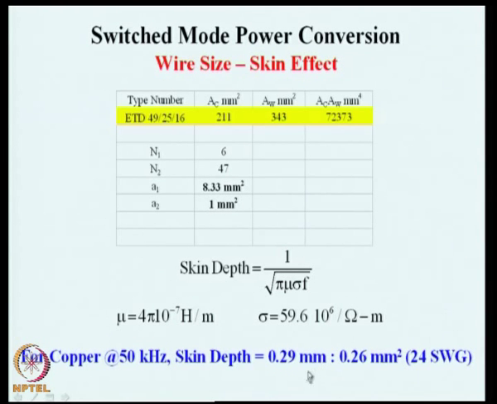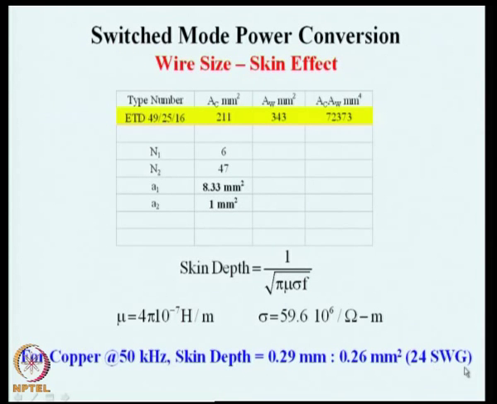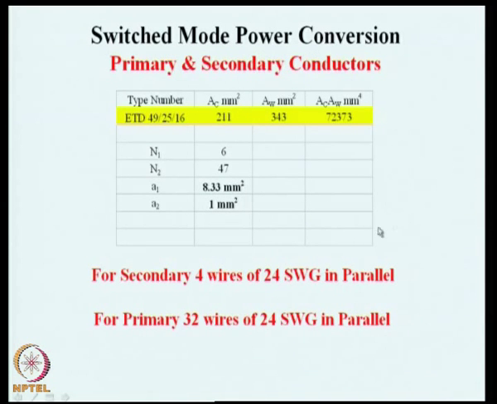So, this will mean I can use a conductor whose diameter is double this, 0.58 millimeter, and such a conductor will have a cross sectional area of 0.26 millimeter square, and this cross sectional area is equivalent to an appropriate standard wire gauge for that. So, if we limit the size of the wire to that wire gauge, 24 standard wire gauge, for our 1 millimeter square, it is necessary to use 4 wires in parallel in order to make the total cross section, because each conductor has only 0.26 millimeter square cross section.